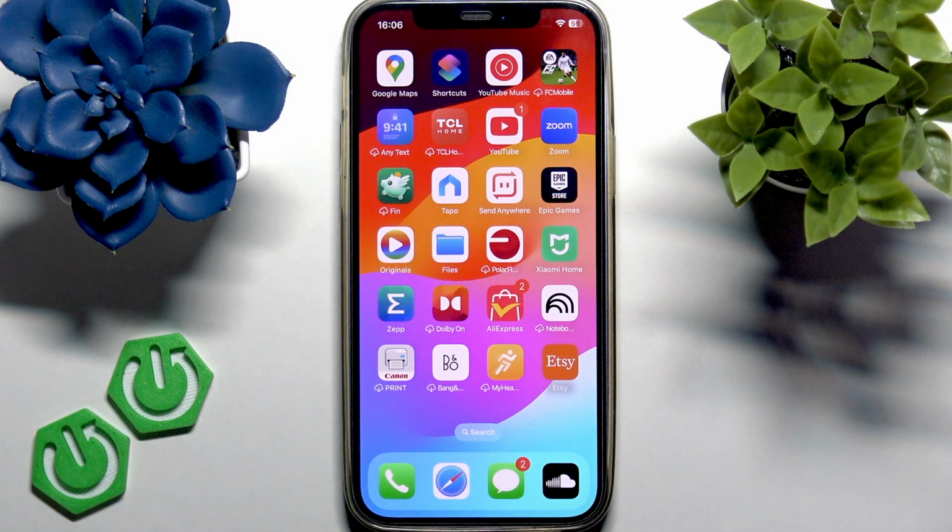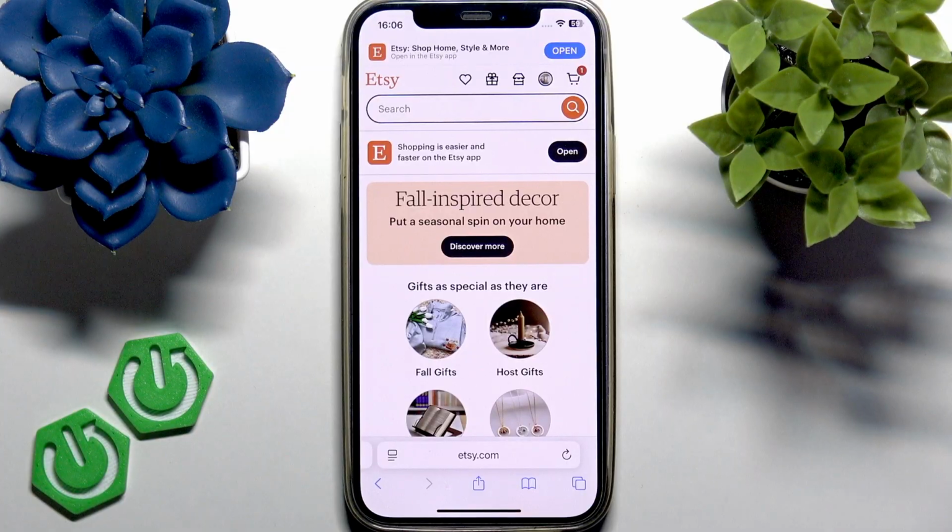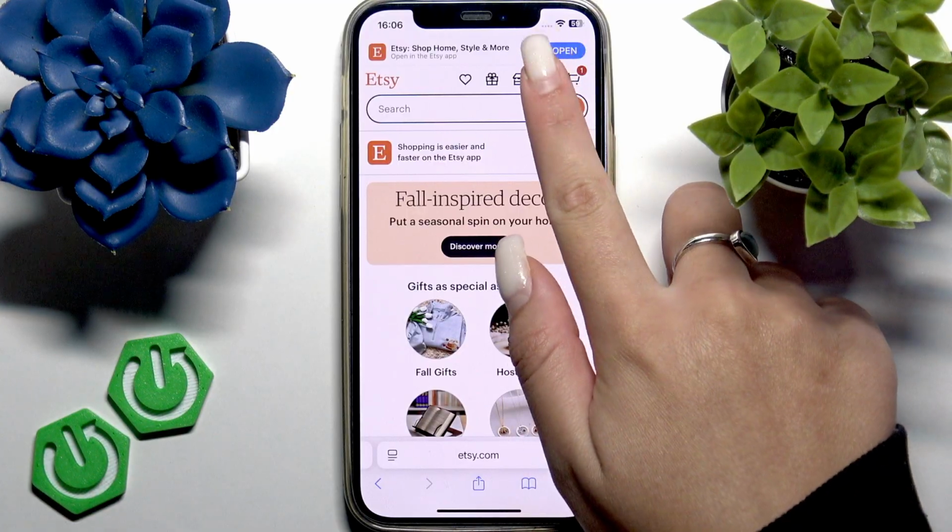Okay, so for this one I will use my browser because the Etsy application doesn't support downloading your files. So open your browser and go to the official website of Etsy. This is Etsy.com. And here on the home page I want to tap my profile in the top right and